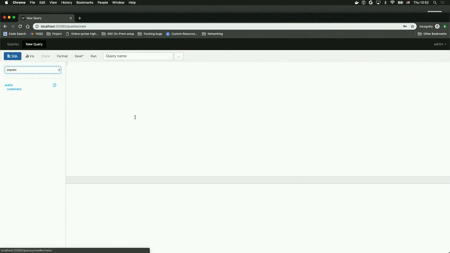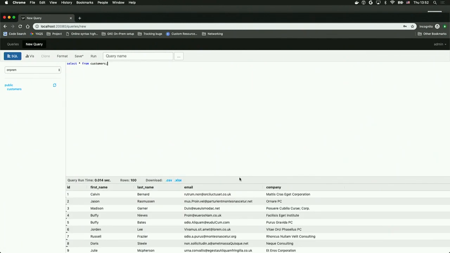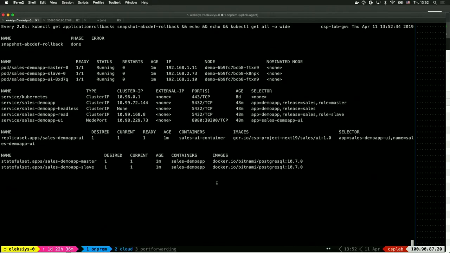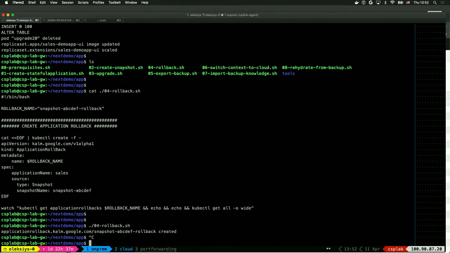You see now we have only one table, and all our information is back, including emails. So now we can fix the upgrade and run it again. So this concludes our first use case, and the second use case is going to be migrating of stateful workflow